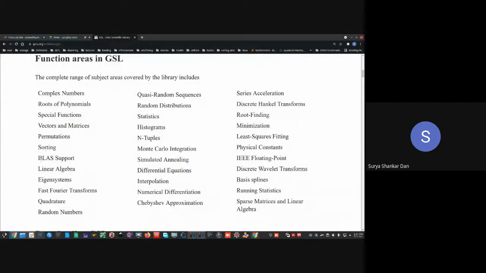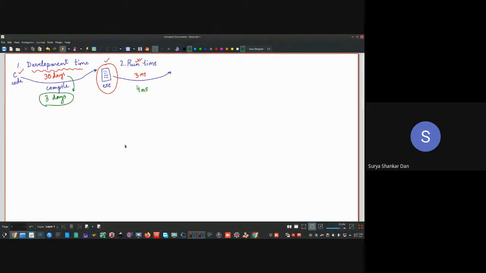So if you notice, there is something called BLAS. What is the full form of BLAS? Can anybody tell me? Have you heard what the meaning of BLAS is? BLAS stands for Basic Linear Algebra System. Okay, now why is this BLAS so important?